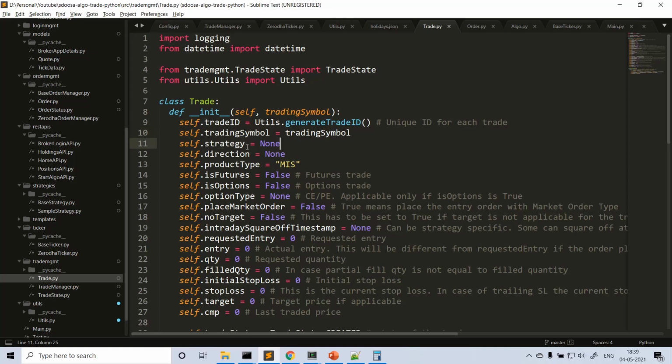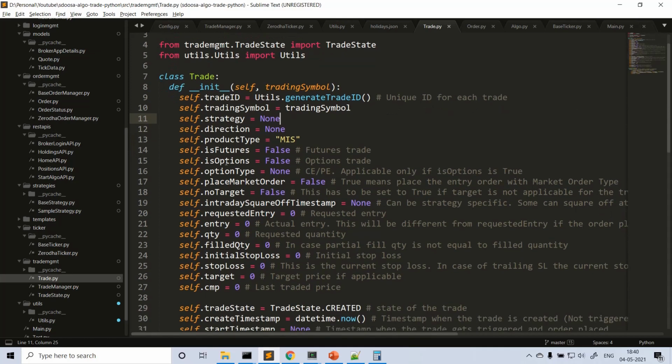Then strategy, meaning from which strategy this trade was initiated. That is the strategy name, which is internal to the algo. Direction, whether it's long or short. Product type: MIS, NRML, CNC. Mostly in this algo I am going to concentrate only on MIS, because most of the strategies we implement are based on MIS orders.